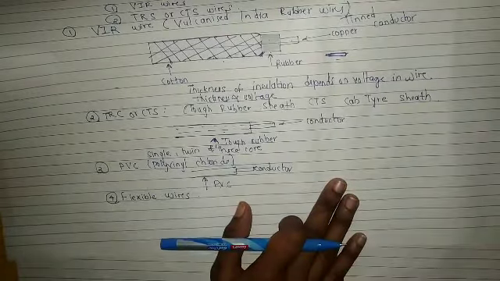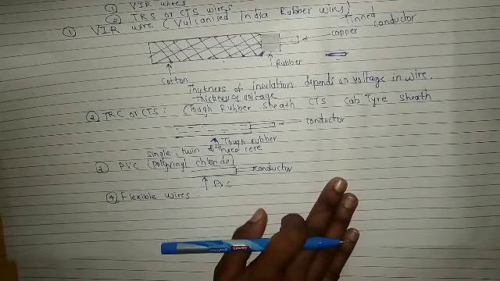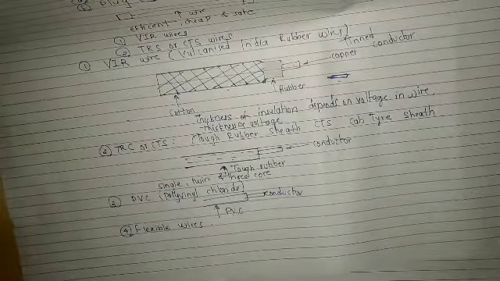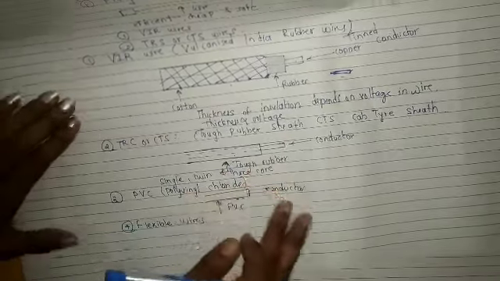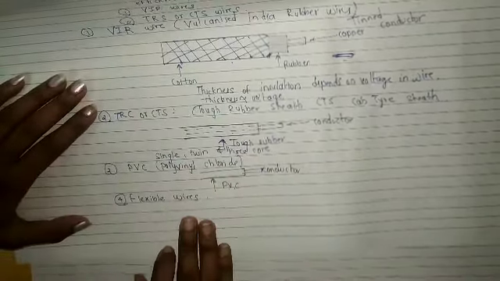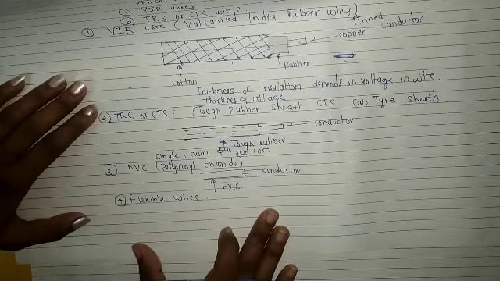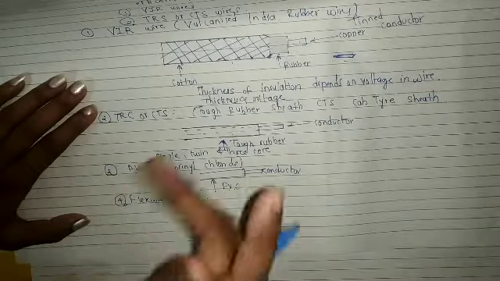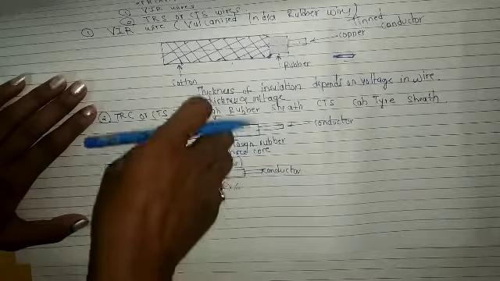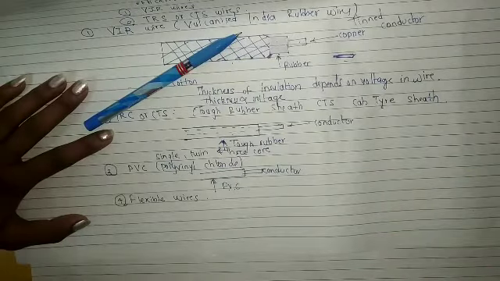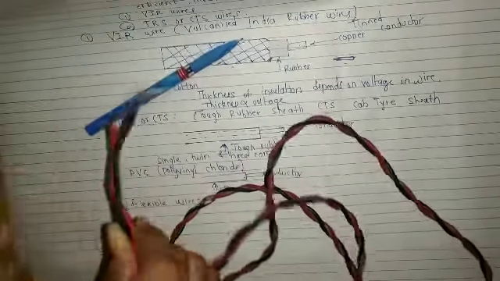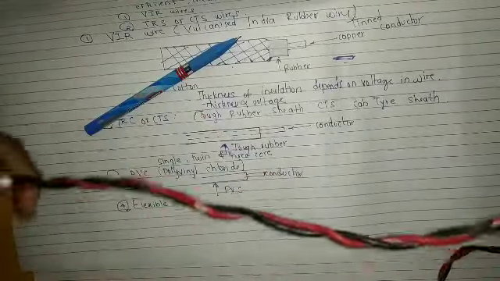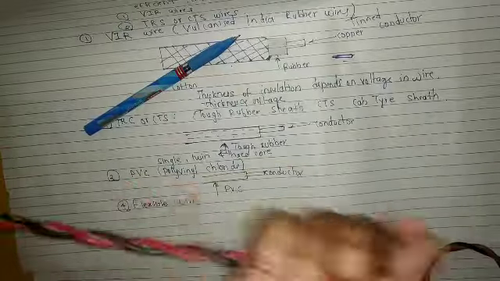Okay, now it consists of a bunch of hair-like thin conductors grouped together, rendering flexibility. So these flexible wires have many conductors, a bunch of hair-like thin conductors, grouped together, rendering the flexibility. I have some here to show you. So these are the flexible wires. We can bend them into whatever shape we want, and afterwards they get normalized or come back to their original shape.